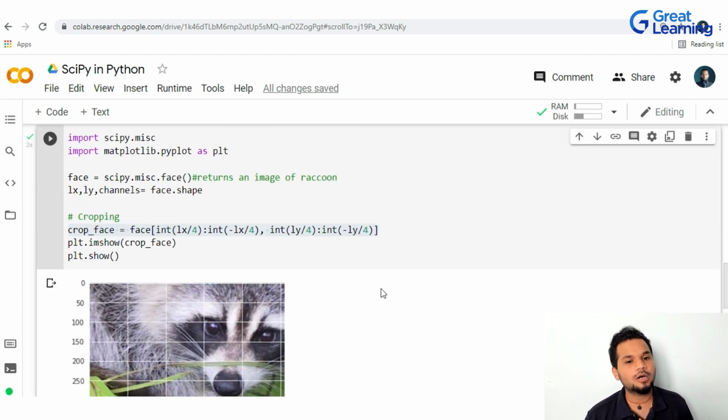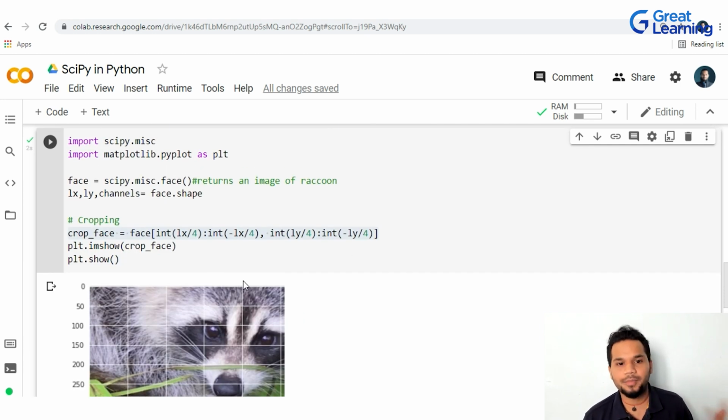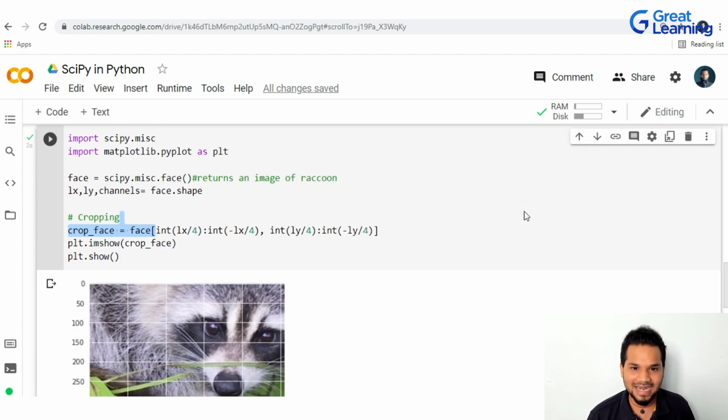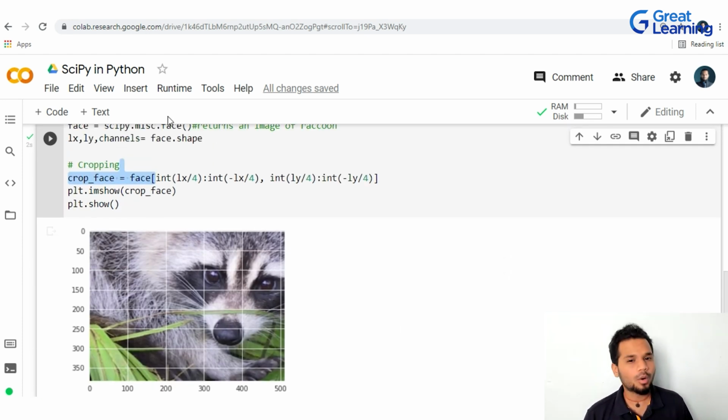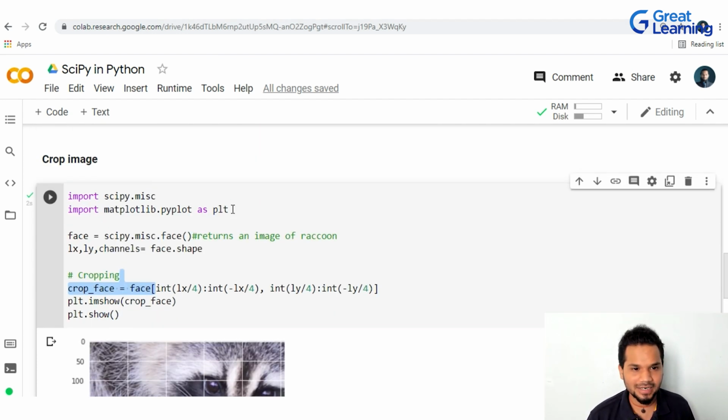Now, if you're wondering how you know where to crop and what to do where, you have something here called face.shape, wherein we have X channels, Y channels and all of that, through which you run int of, LX, PY4. So we're basically trying to say, pick up everything around the face, crop it, and just go about printing it.